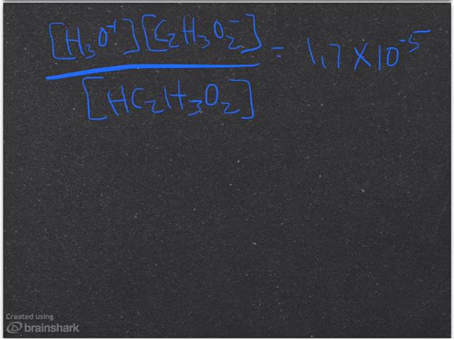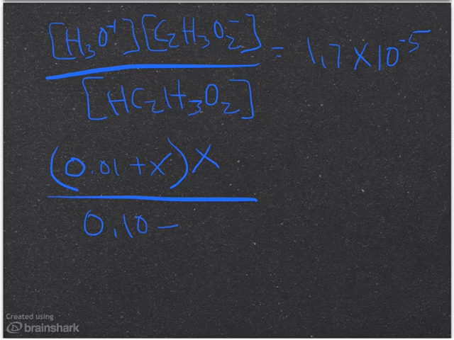So if you plug in your numbers as you've learned before, for H3O plus you have 0.01 plus X, for the C2H3O2 minus it would be plain X, and that's all over